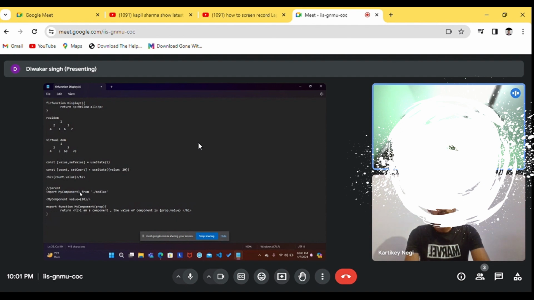This will throw an error. Instead, in terms of named export, we have to use the same name given to the component. So over here, I have exported the component with the name method, so I can only import it with the name method.